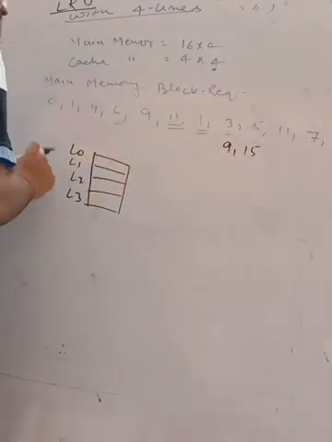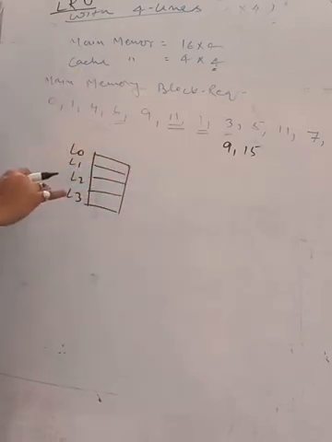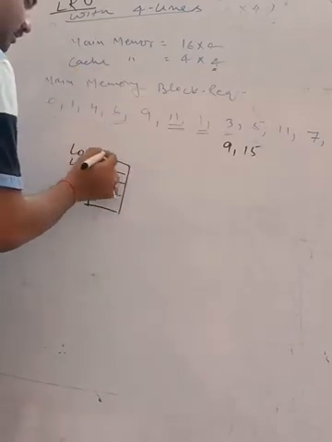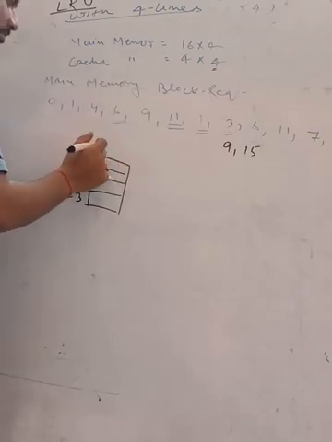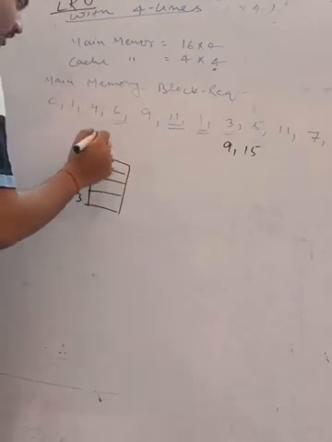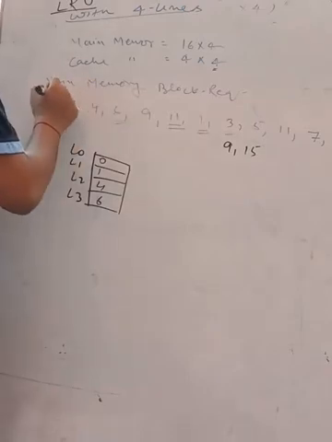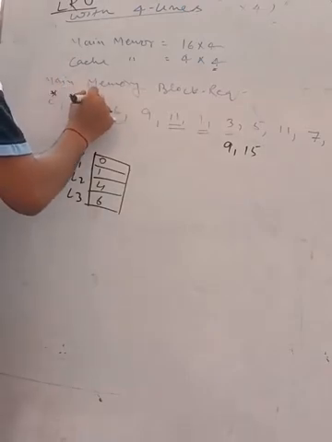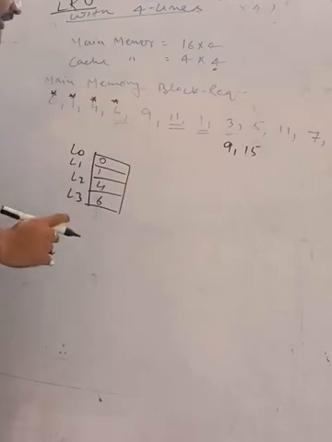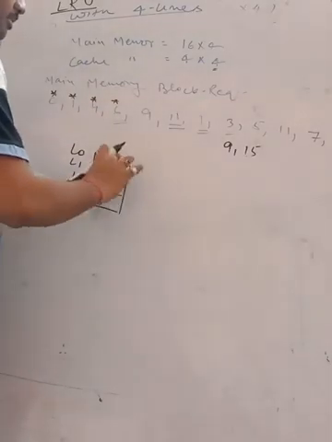First of all, when we talk about 0, it can be inserted anywhere by seeing the vacant position. Here the vacant position is 0. First of all, index 0 will be checked. It is empty, so 0 will be inserted here. Block 0 is here, block 1 is here, similarly block 4 is here and block 6 is here. In all these cases there is a miss because there was no data in the cache. Every time data has been transferred from the main memory to the cache memory.